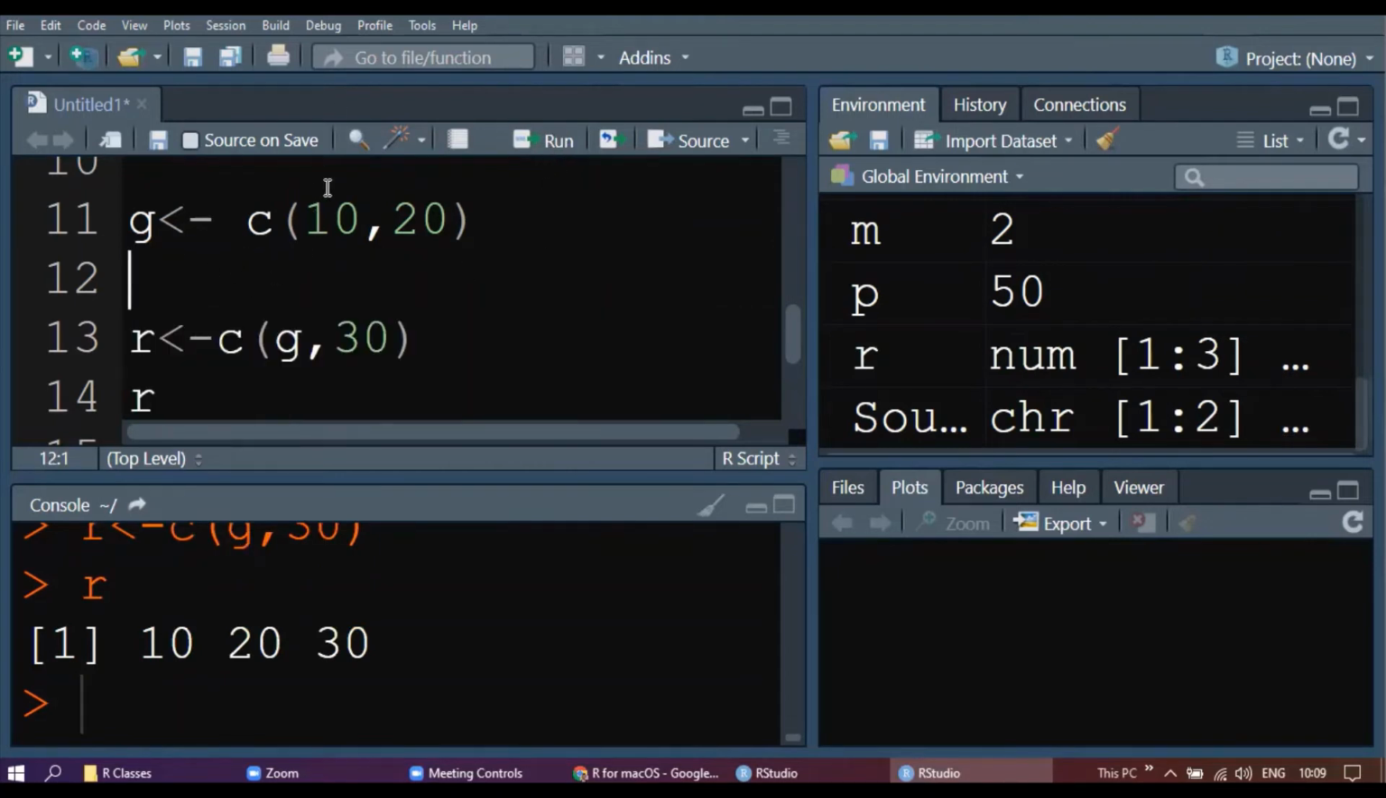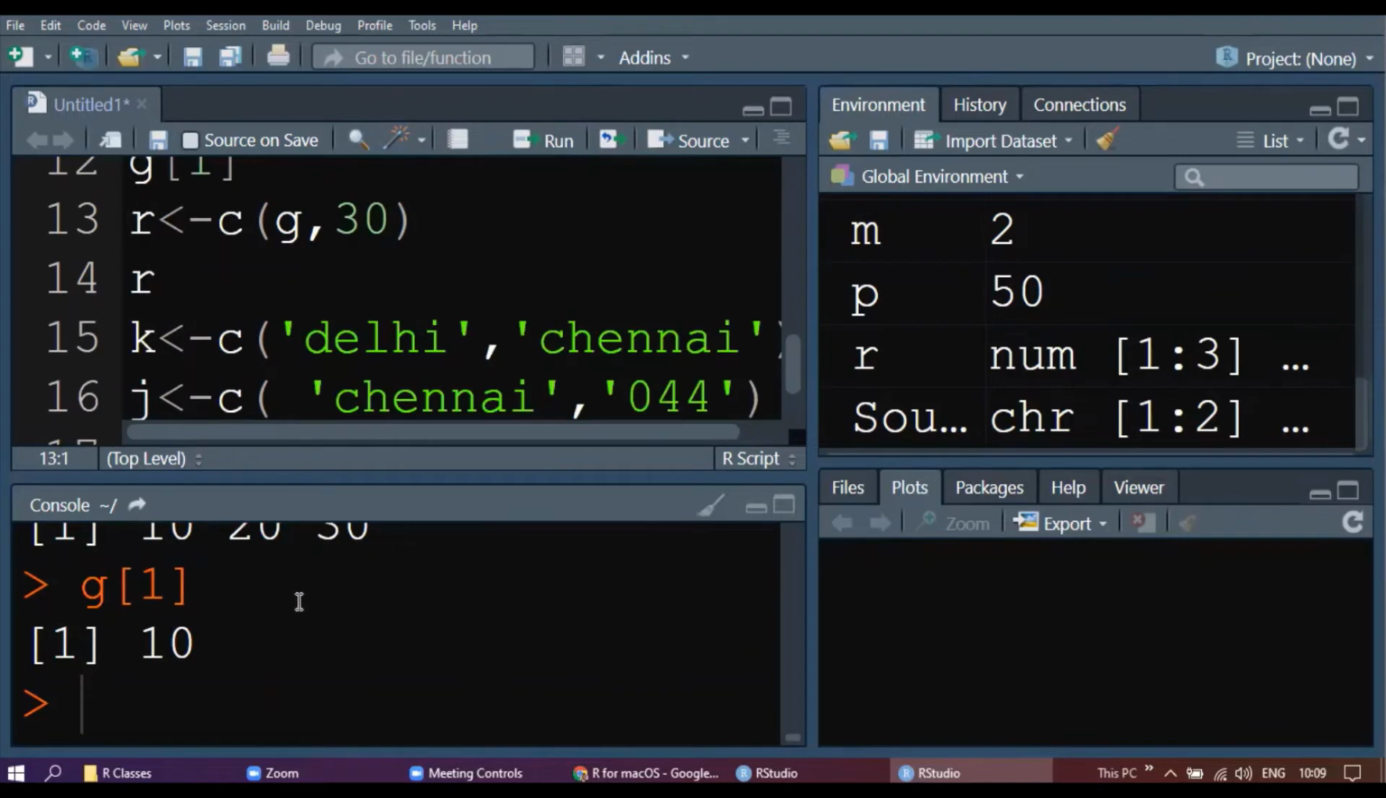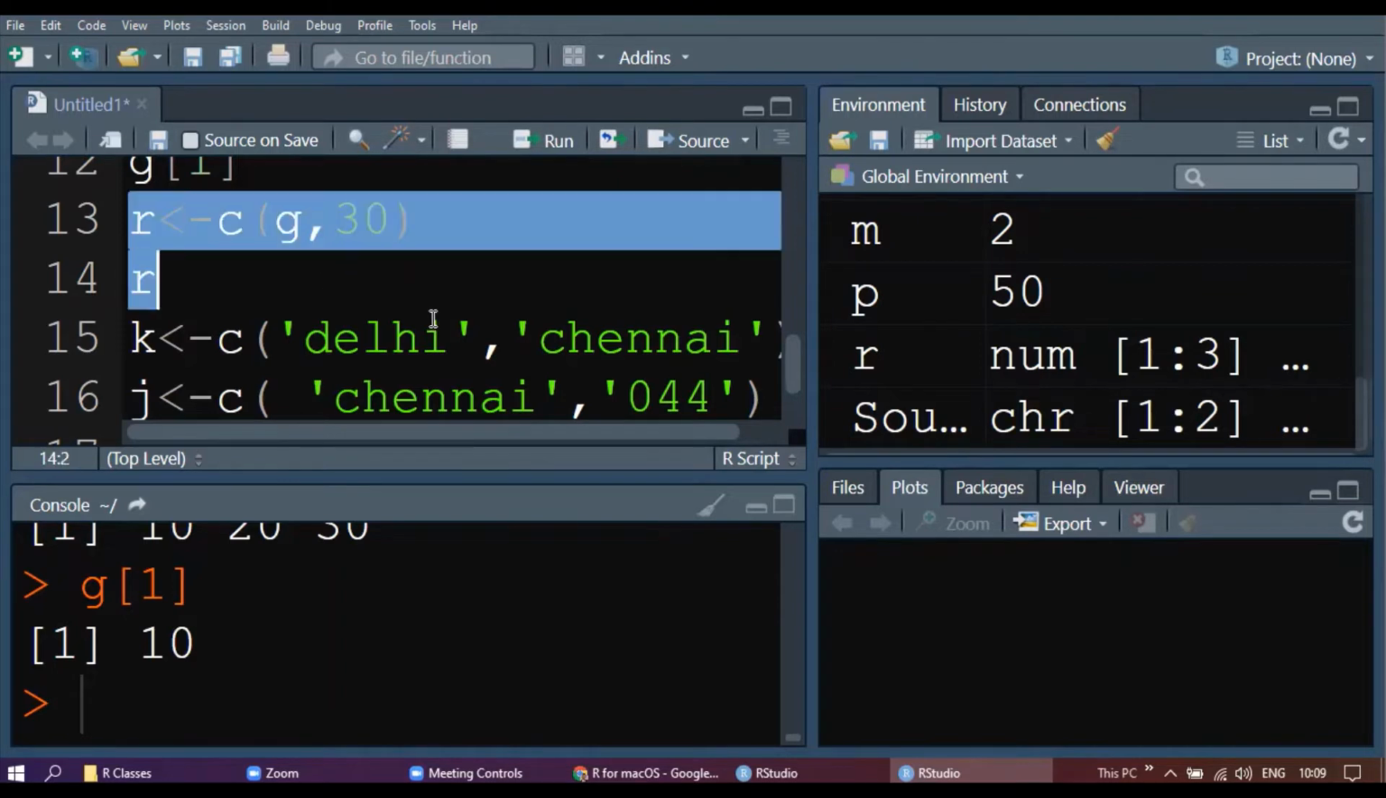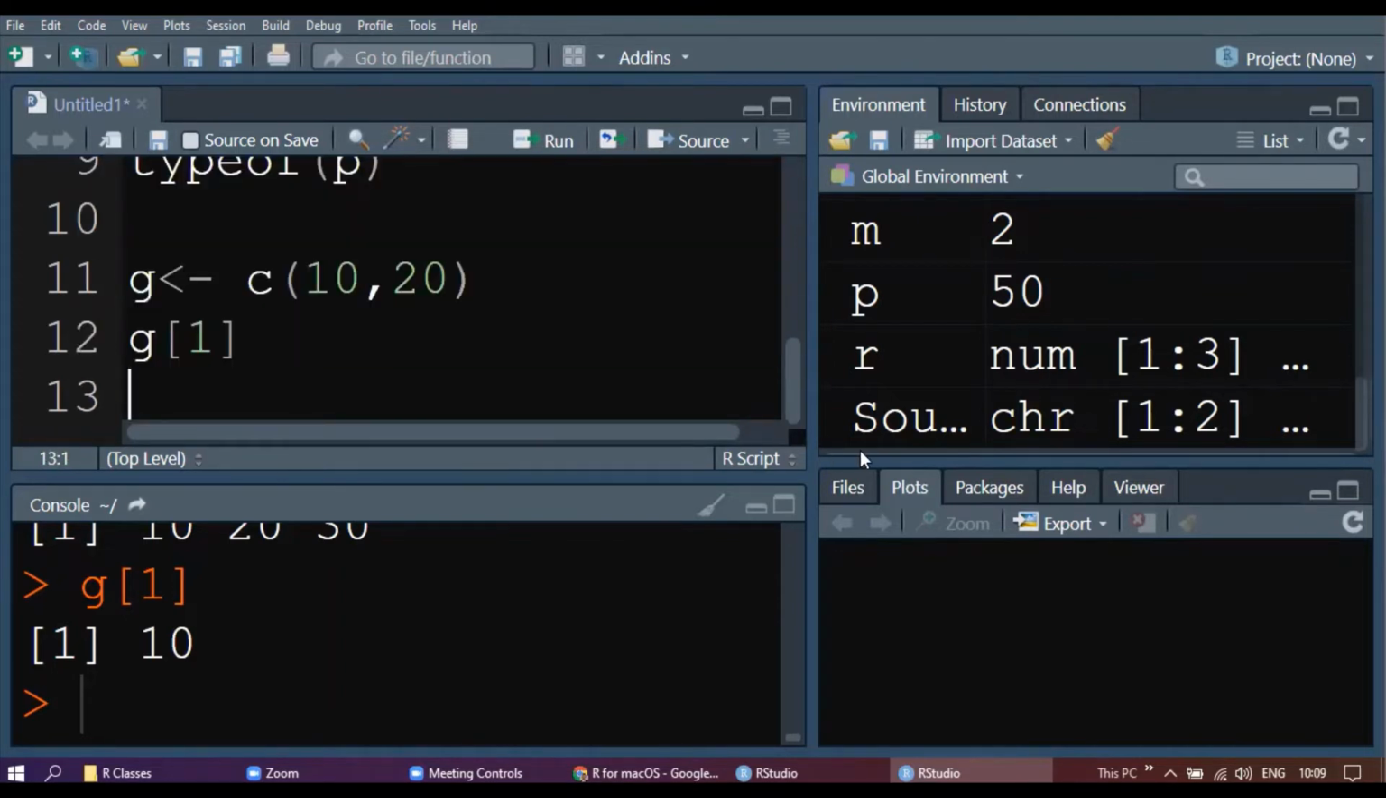If you want to print one only, you can print it. Suppose I want to print G1. G1 means the first element. G1 is 10, you see the printout. Now when I write G1, I am getting 10. Can you print 20? Yes, sir, like G2. Okay. If I print G3,